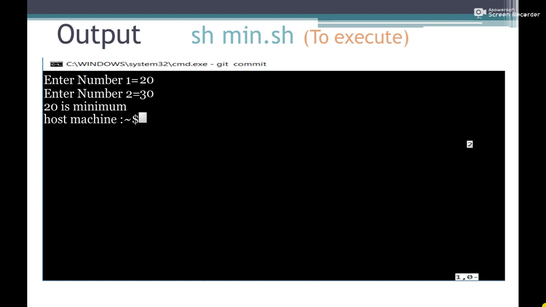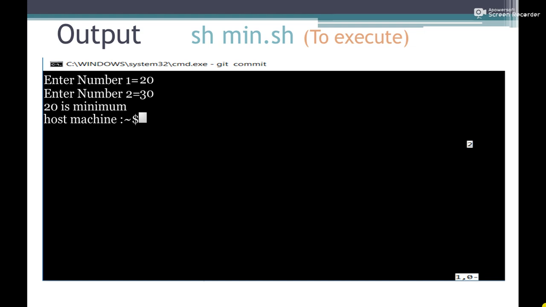It will display that 20 is minimum, because number 1 contains 20, number 1 is stored into variable a, and number 2 is stored into variable b. It checked the condition that variable a is less than variable b, so that condition was true, and it will display the first statement below the then statement. So our output will be 20 is minimum.